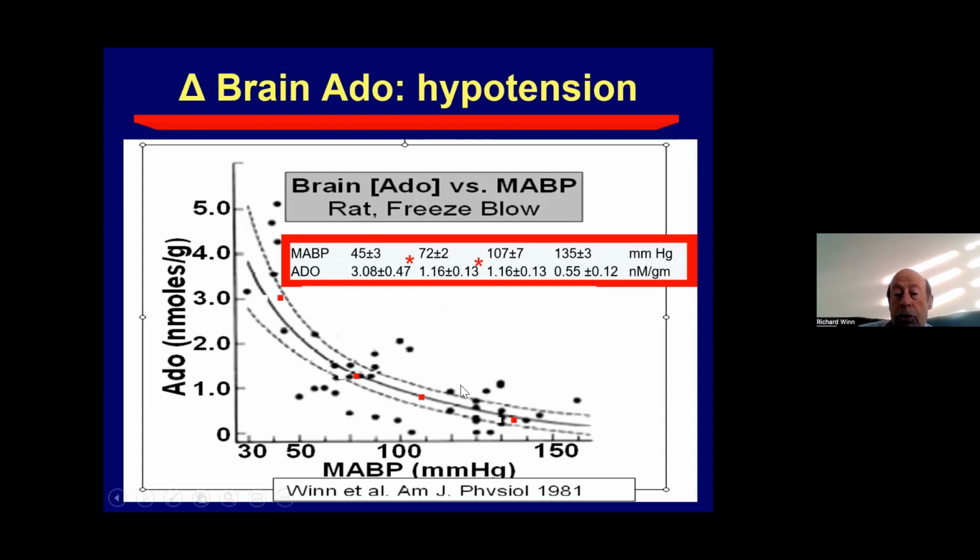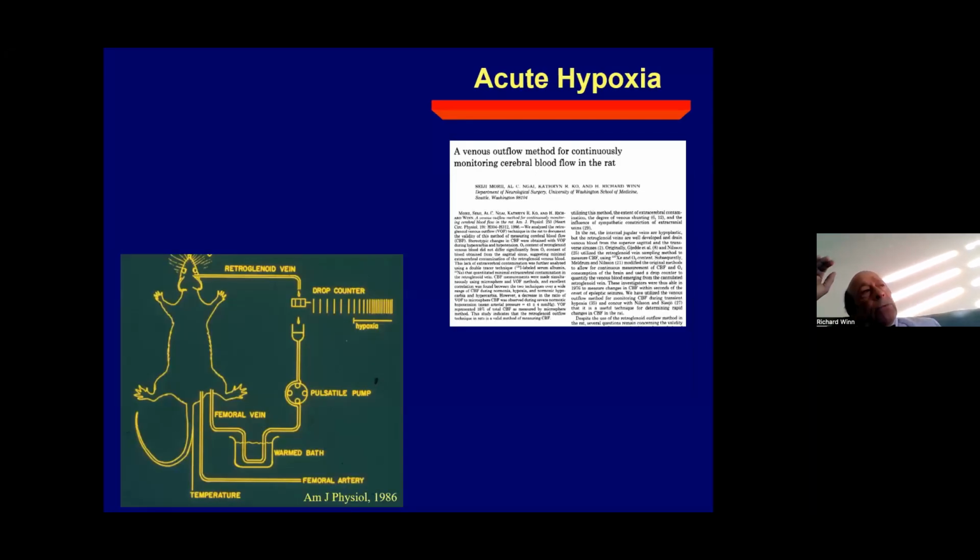And here, this shows some data, but you can see as the pressure drops from 135, 170, 107 to 72, that we get statistical increases in adenosine. We did not find similar significant changes in any of the other compounds measured, which included all the adenine nucleotides, lactate, and so all the usual suspects. So that's ischemia, hypotension. Now we turn to hypoxia, but again, as I alluded to earlier, we had to develop